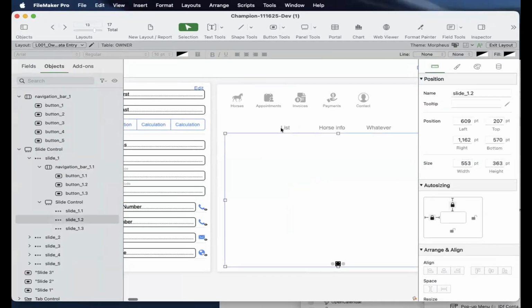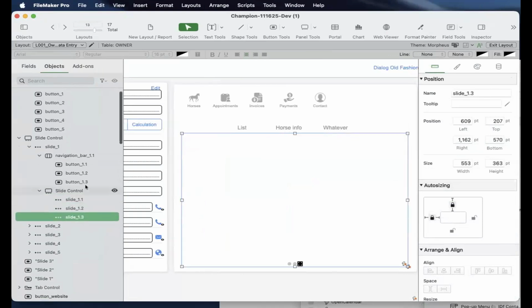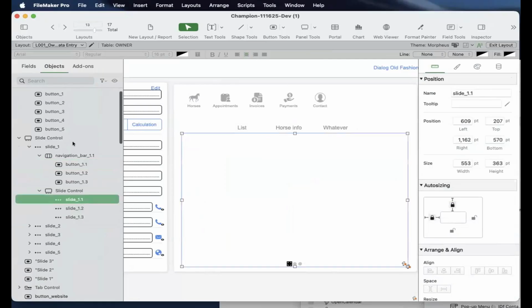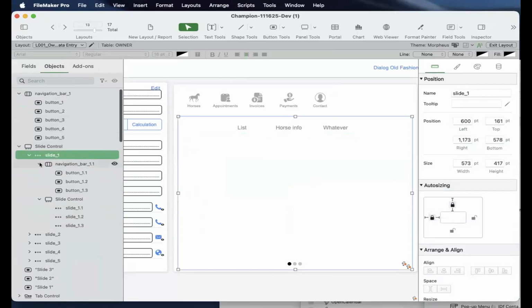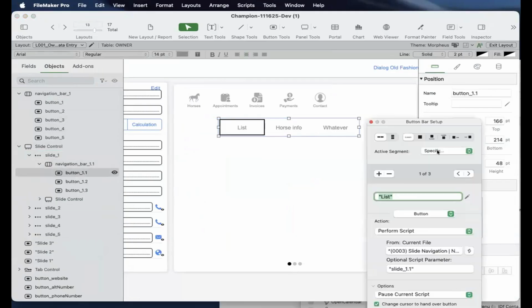I just have to refer to the button dot one dot to make sure the button and the slide match: button 1.1, slide 1.1, button 1, slide 1, right? That's it, right? Make sure the button here